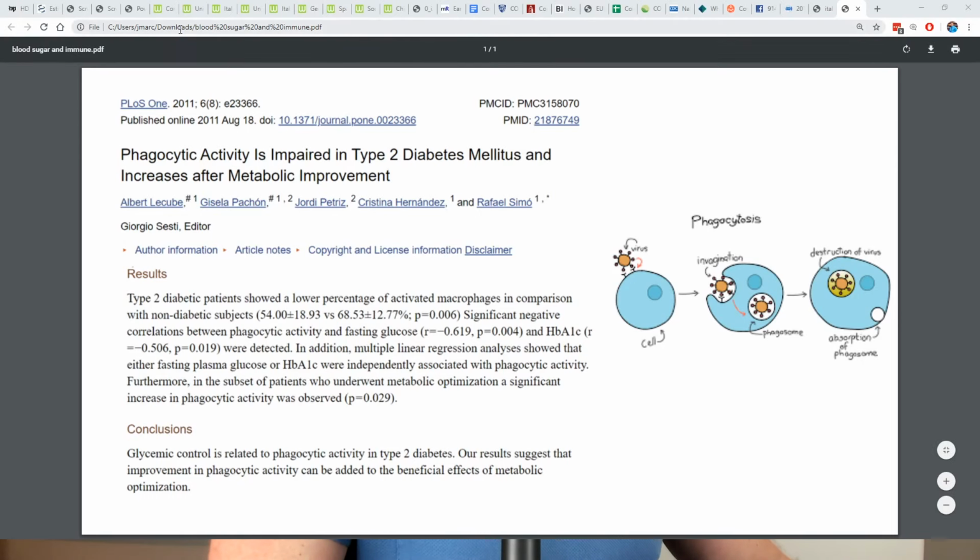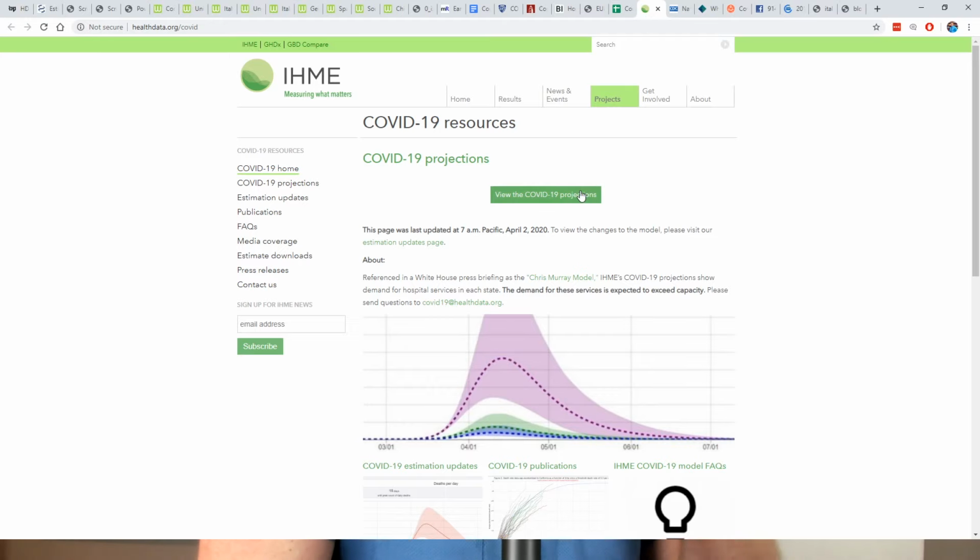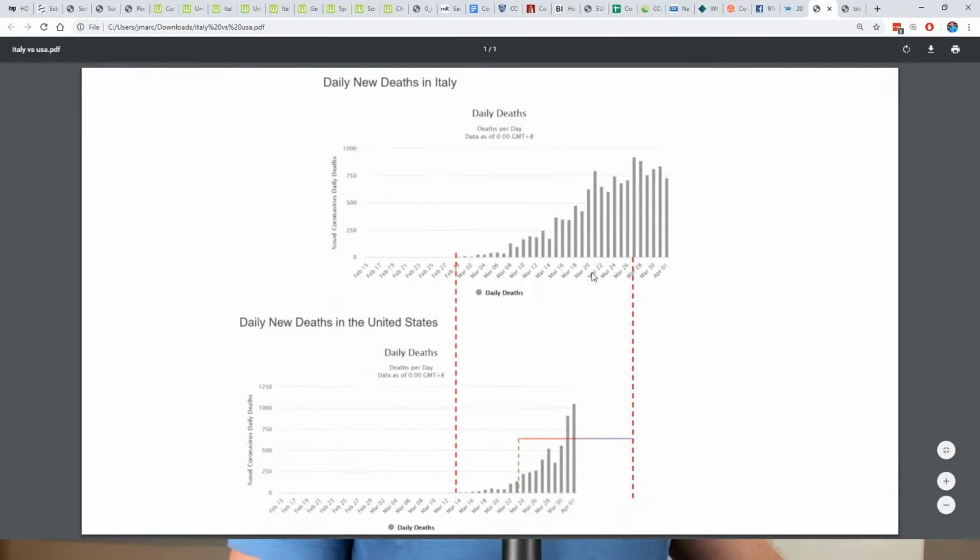All right, so where are we at trend-wise today? This is a guy you should be looking at if you want to follow some of the trends. What's his name here? Chris Murray. I think his model is going to be the most accurate here, okay? Now, I'm going to show you my model, okay? Reason, logic, and evidence, intelligence guided by experience. Let me show you my model. Okay, so I'm using Italy.